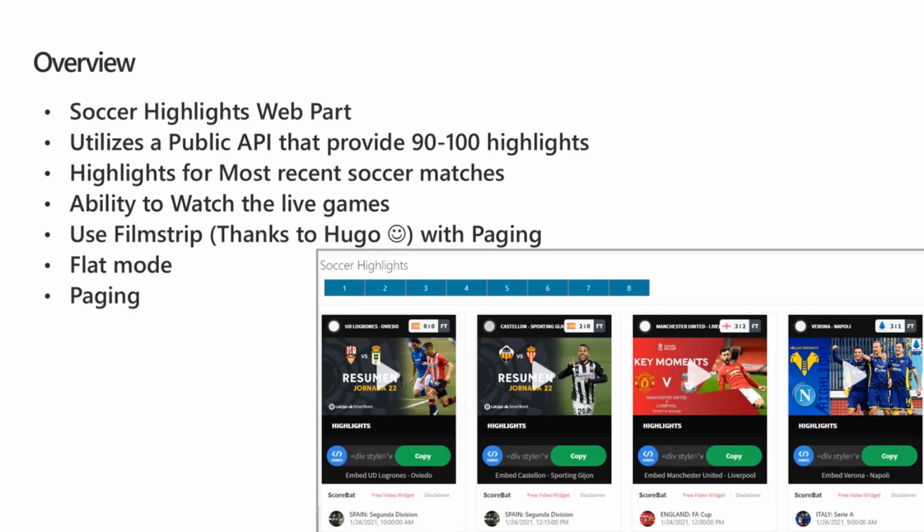Or if you are more of an action viewer, you can go and see the highlight, like show me goal 1 or show me goal 3. So you can see each goal and you can pause and forward as needed. The API does not provide thousands of videos at one time. As I said, these are live events that just happened or are happening right now. So there are around 90 to 100 games that I was able to figure out, around 90 to 100 videos exposed through the API.